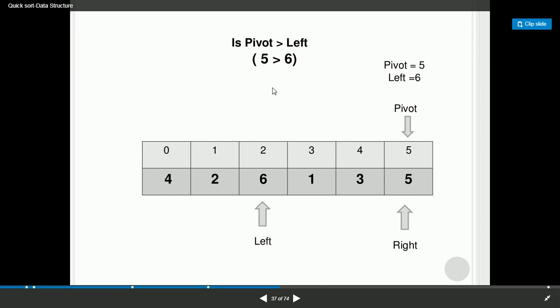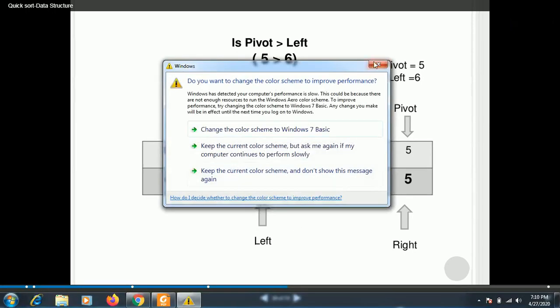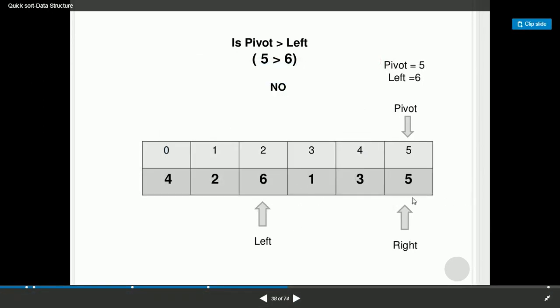So this condition is not satisfied, no. So we will swap the element 5 with 6.